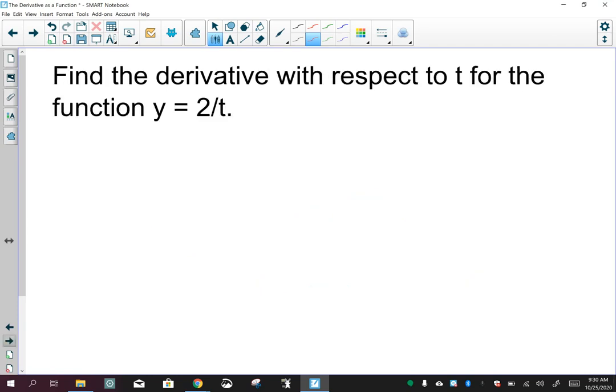So find the derivative with respect to t for the function y equals 2 over t. So we're just going to find this derivative. Let's go through this real quick. So I've got